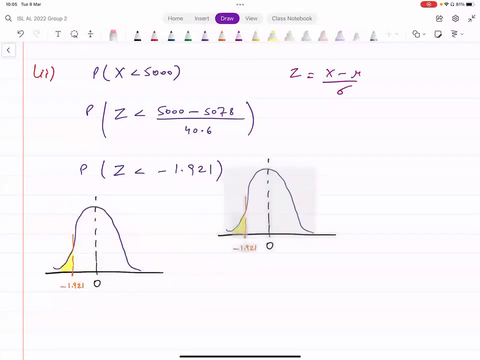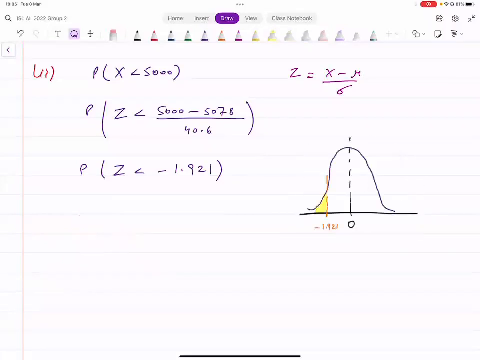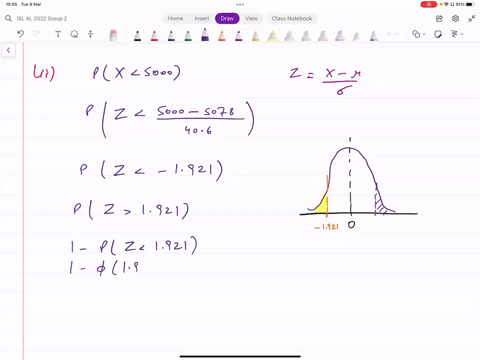इसको फ्लिप कर देंगे, राइट, इसको फ्लिप कर लेंगे तो क्या हो जाएगा, we will get probability of z greater than 1.921. तो राइट साइड वाला रीजन आ गया, ये वाला। अब ये भी नहीं फाइंड कर सकते डायरेक्टली, तो इसको क्या करेंगे, 1 माइनस प्रोबेबिलिटी ऑफ z लेस देन 1.921, इसके लेफ्ट साइड वाला एरिया फाइंड कर लेंगे, उसको 1 में से माइनस कर देंगे, तो हमारे पास ये रीजन आ जाएगा। ठीक है, तो ये वैल्यू आपने टेबल से फाइंड करनी है। We are looking for 1 minus phi of 1.921. z की वैल्यू जब 1.921 है, उसके कॉरेस्पॉन्डिंग प्रोबेबिलिटी देखनी है। दिस इज द वैल्यू ऑफ z,